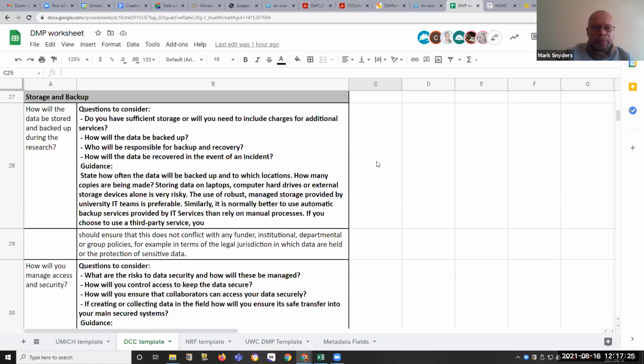Okay, storage and backup. This is where you would indicate how your data is being stored. In the case of UWC, it would be Kikapu. If your data is significantly large, you may consider storing it at the Center for High Performance Computing in Rondebosch.